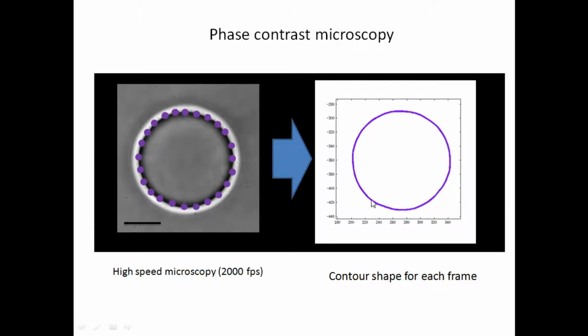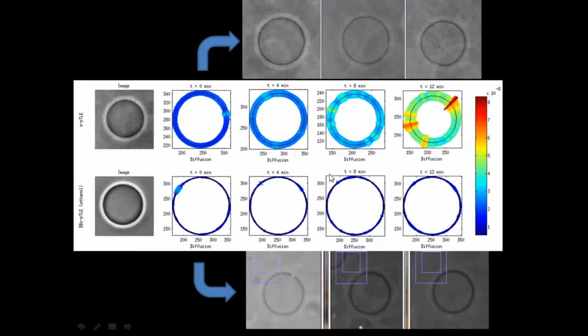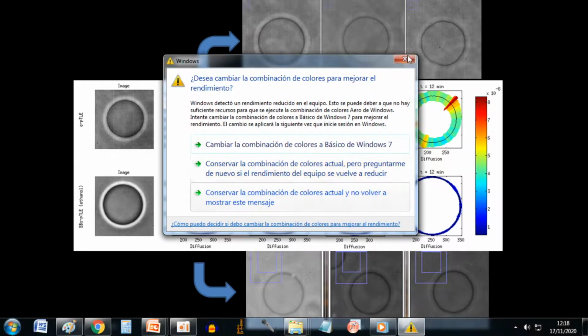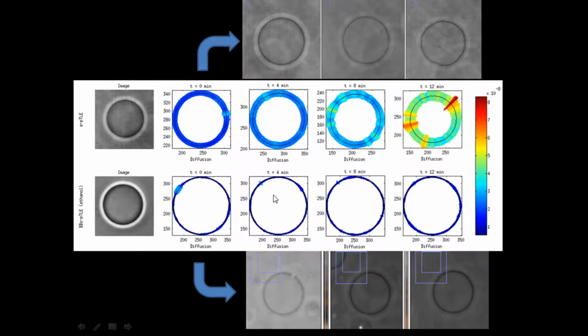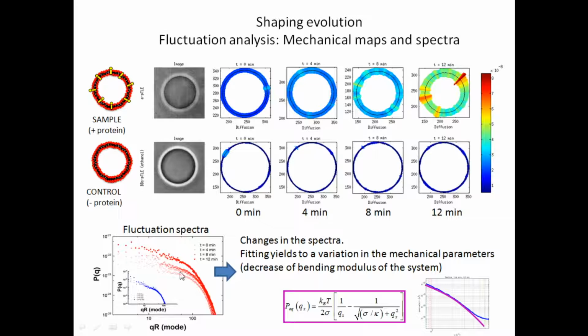For each frame of each film, the contours of the vesicles were tracked using a PyCRO-based algorithm developed by Mike Mell from Paco Monroy's lab. The tracked contours gave us information about the membrane's movements, and decomposing them through a Fourier analysis, we could get its corresponding fluctuation spectra. As we see in the inactive case, bottom right, the spectra remains the same at different intervals of time. However, in the active case, bottom left of the poster, the spectra goes up as the time